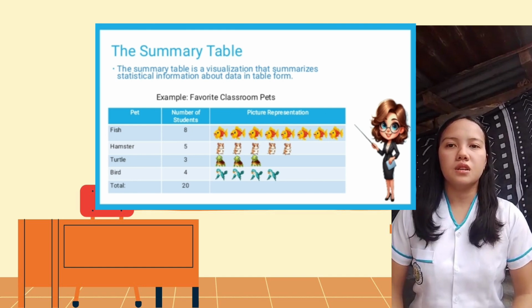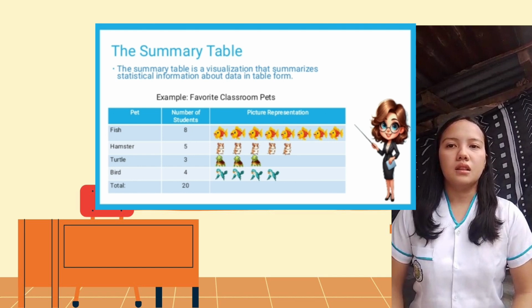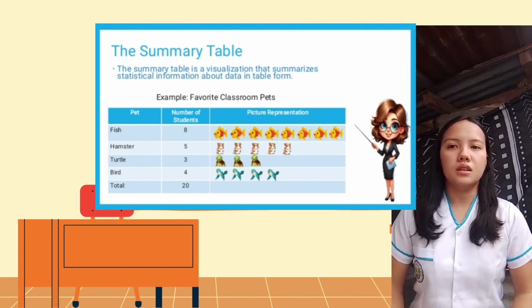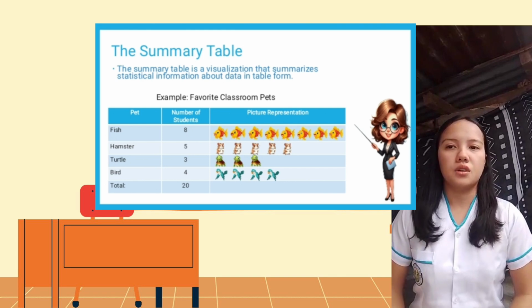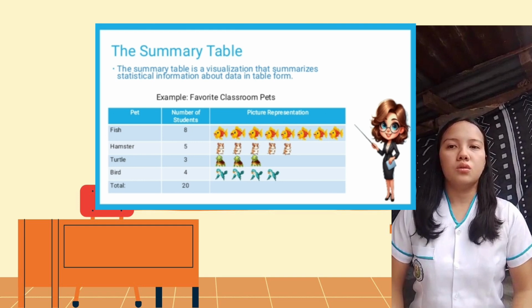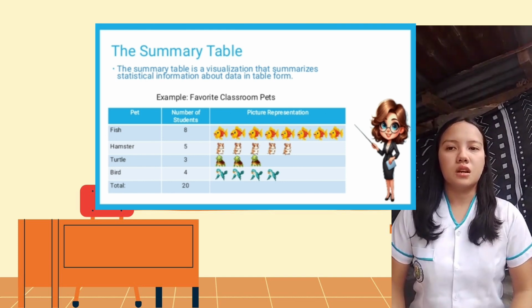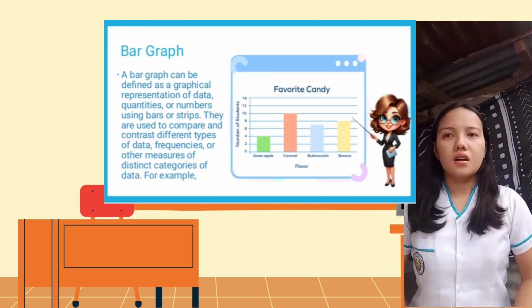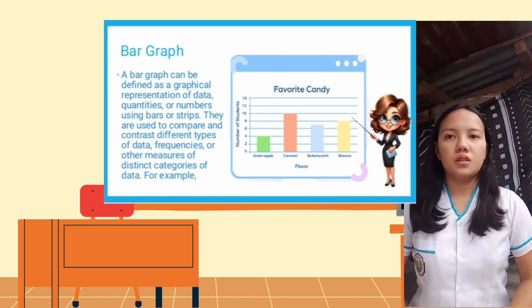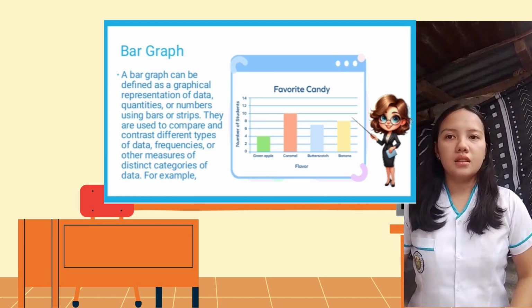The benefit of a summary table is that it neatly organizes the data so you can easily see how many times each category appears. It allows you to compare the frequency of different categories. For example, you can see the fish is the